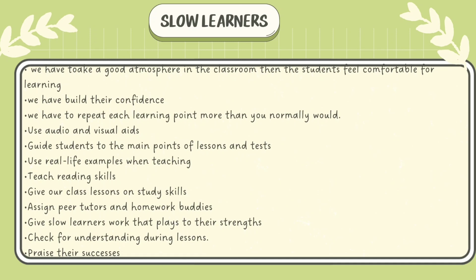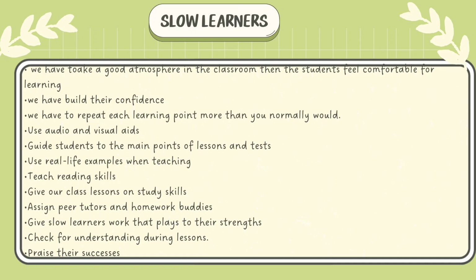Next is to use audio and visual aids. Slow learners may struggle with basic skills such as reading, so movies, pictures, and audio can help them learn things that they would not pick up from reading alone. Next, guide students to the main points of the lesson and test. A slow learner may struggle to identify the main points of a lesson or a test and may be overwhelmed by supplementary information. Next, use real-life examples when teaching,